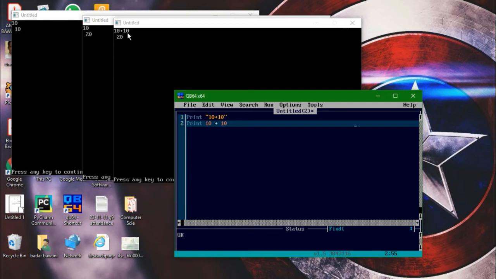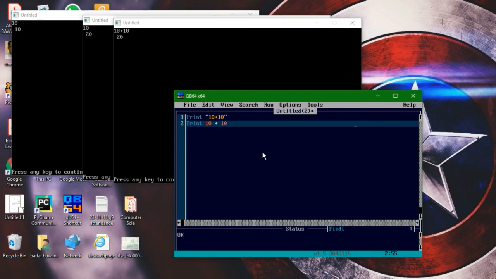And if I want the software to do the calculation, I would specify it without inverted commas. So it would be 10 plus 10 and it will give me the result. Whatever number I take, I can directly do the calculation by providing the input which I want. Here 10 plus 10 would be given as an input, and it will do the calculation and give me the output. So you can do any arithmetic operation you want.